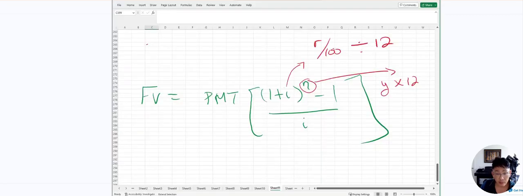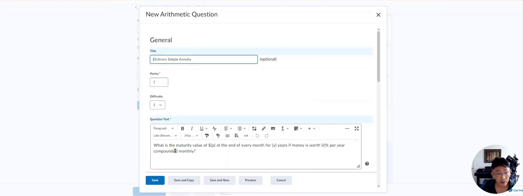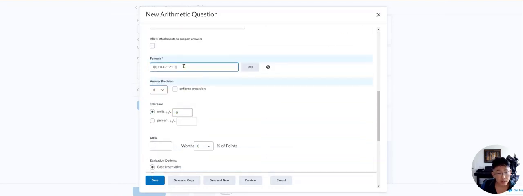So I need to bring it to the power of the number of payments. That is the command to bring an exponent into play: a regular round bracket, and then a squiggly bracket, the number of years, that's the variable, times 12, and close the bracket with a round bracket. All right, that brings it to the power of